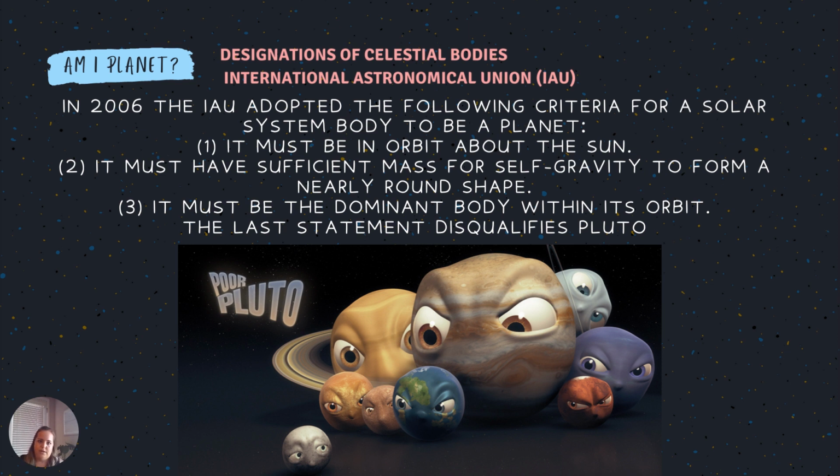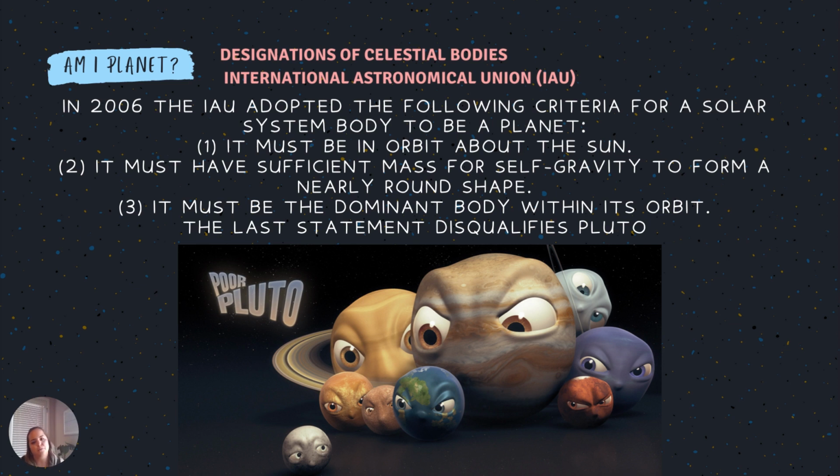If you are a new college student, you probably were not old enough to really realize what was happening. But in 2006, when I was in high school, after learning through my whole school that Pluto was a planet, they decided it wasn't a planet. We had to shift from 9 planets to 8. Now kids just learn that it's 8 planets and Pluto's a dwarf planet.